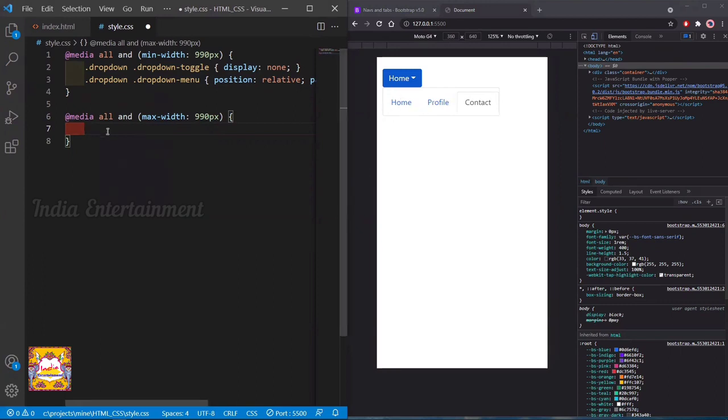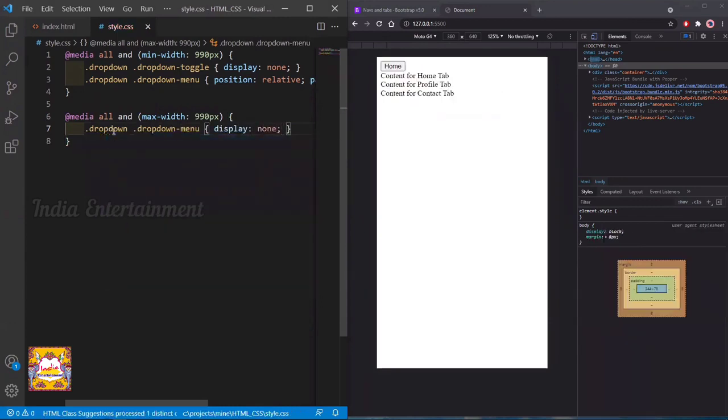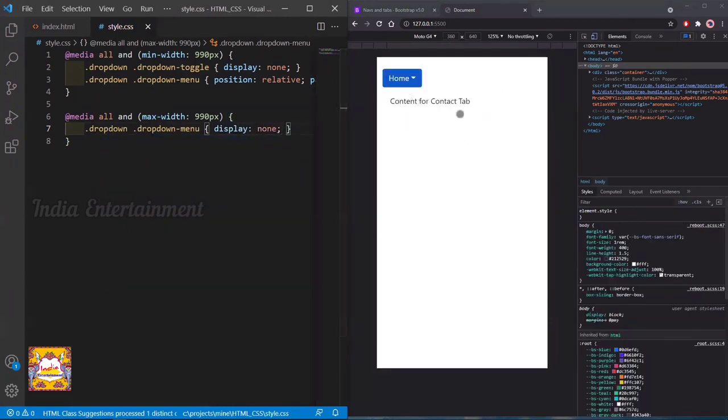So dropdown of dropdown-menu set to display none. So it is not displayed here, and the drop down, when I click it here, it is not opening.